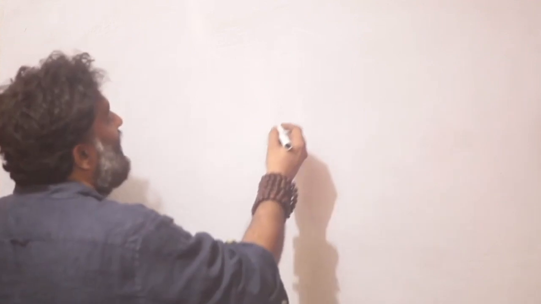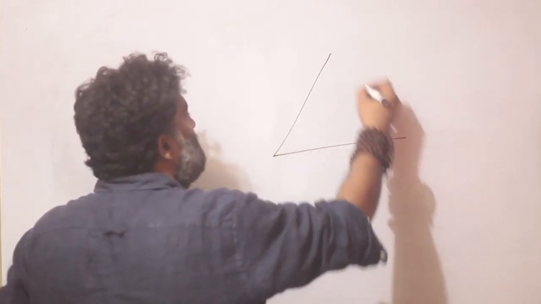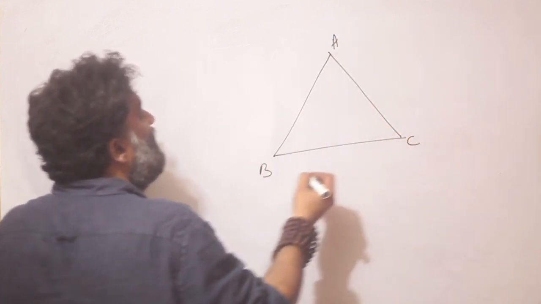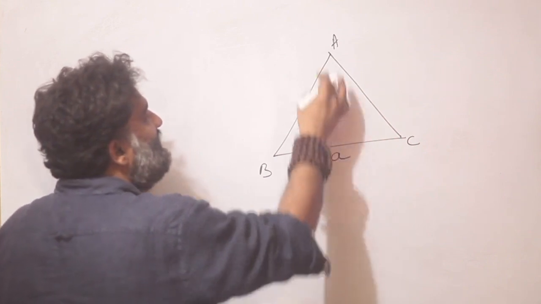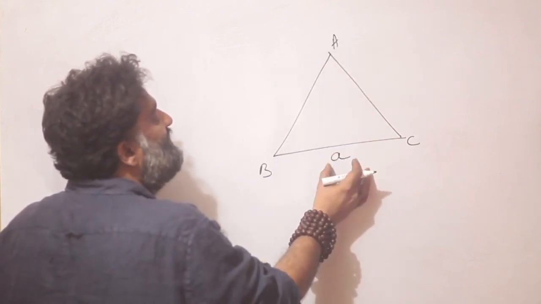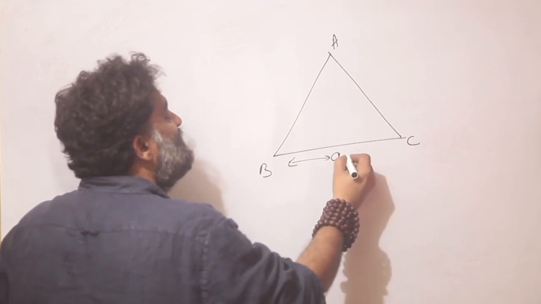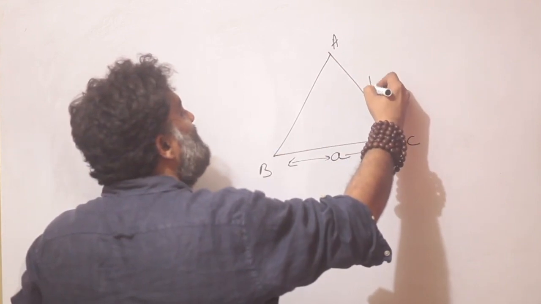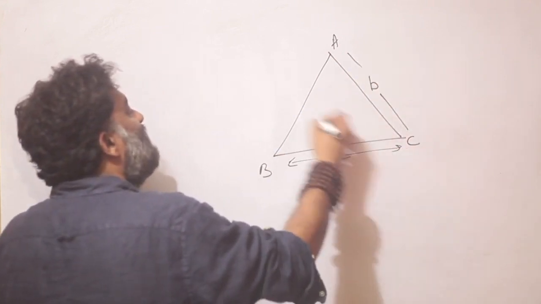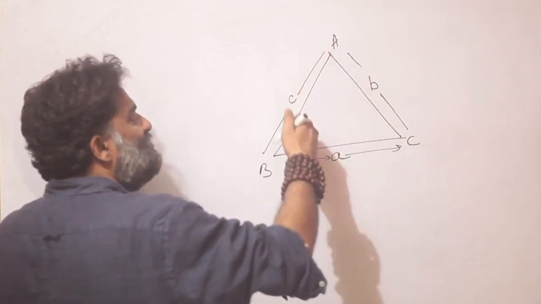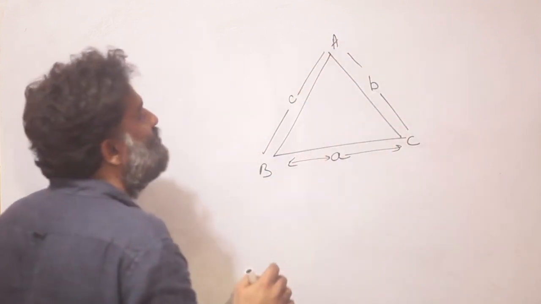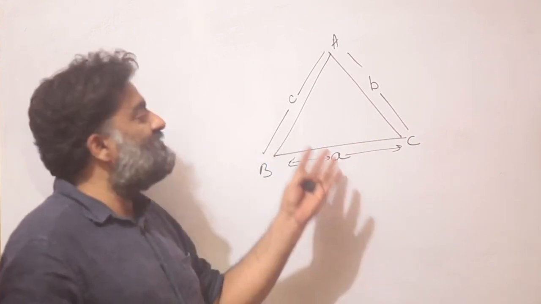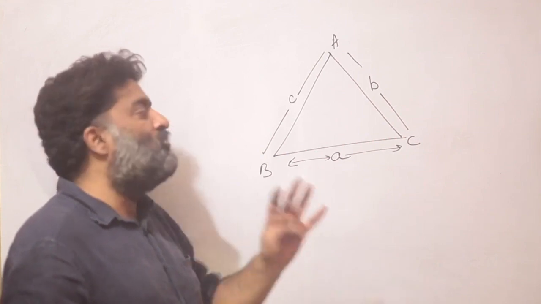So today we want to look at angle bisectors. Let me first create a triangle and call it ABC. Another thing that we'll introduce here: we'll take the side opposite A and call it a in terms of the measure. So I say the distance from B to C is a, small a units. Similarly, in front of B, I will call it b, and in front of C, I'll call it c. This is just a convention. You can call it X, Y, Z, P, Q, R, whatever you want to. But we are calling it abc so that if you refer to a textbook and the formula is given in terms of this convention, it will be easier for you to correlate, right?